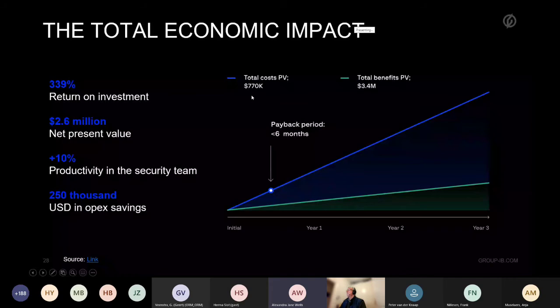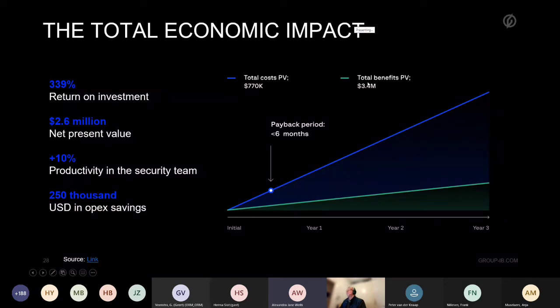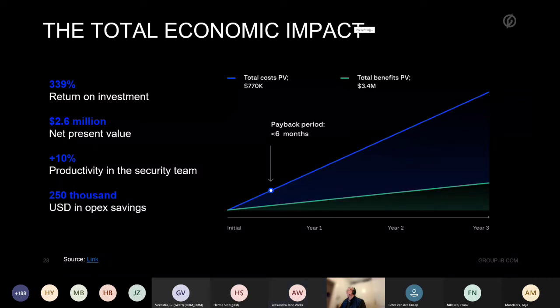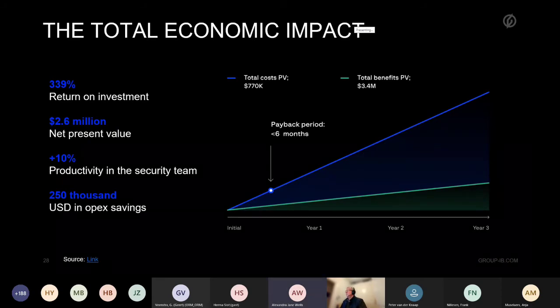If I spend 770K over the course of 3 years, I will generate 3.4 million in total benefits. And this results in a total net present value of 2.6 million. We use present value, and I recommend you use present value, because a dollar tomorrow is worth less today. A good rule of thumb for technology investments is to use a 10% discount rate. €1 next year is worth 1.1 euros this year, and conversely,